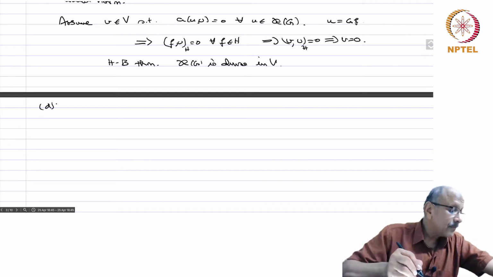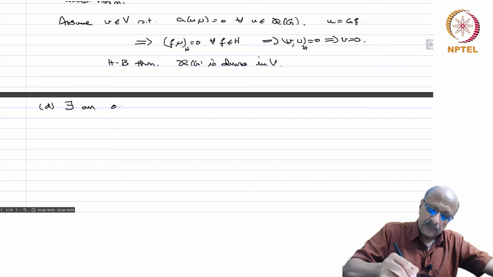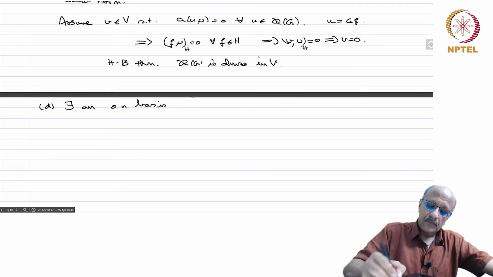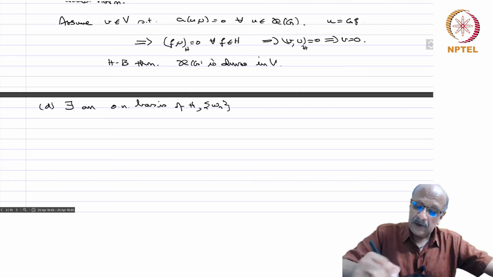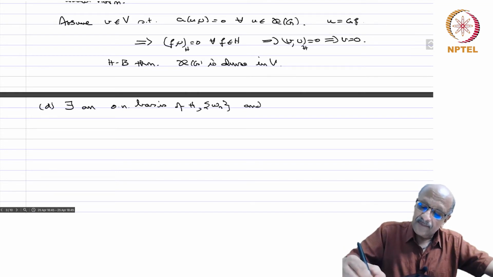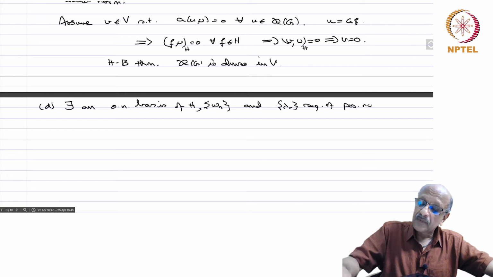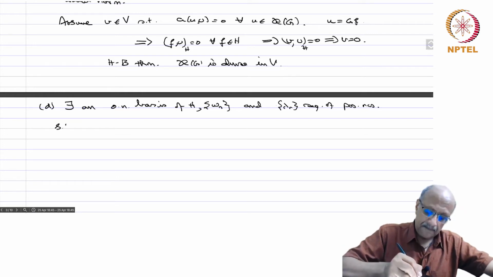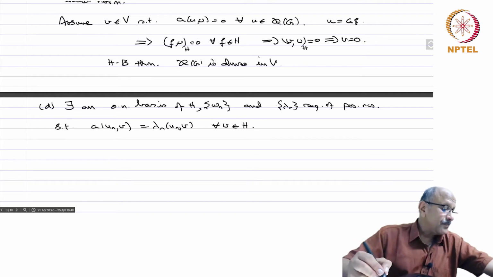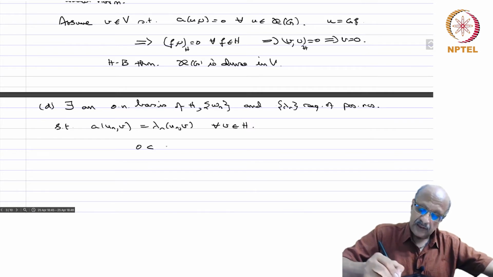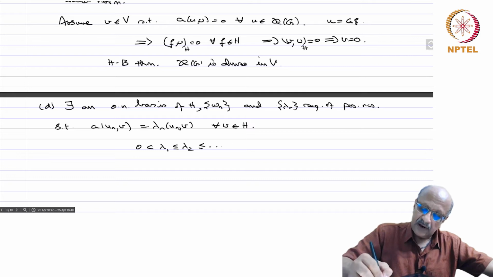D, there exists an orthonormal basis of H, W_n, because for a separable Hilbert space the orthonormal basis will be countable, and lambda_n a sequence of positive numbers such that A(U_n,V) equals lambda_n (U_n,V) for every V. So this is the eigenvalue problem, and you can write therefore 0 less than lambda_1 less than or equal to lambda_2, etc., less than or equal to lambda_n